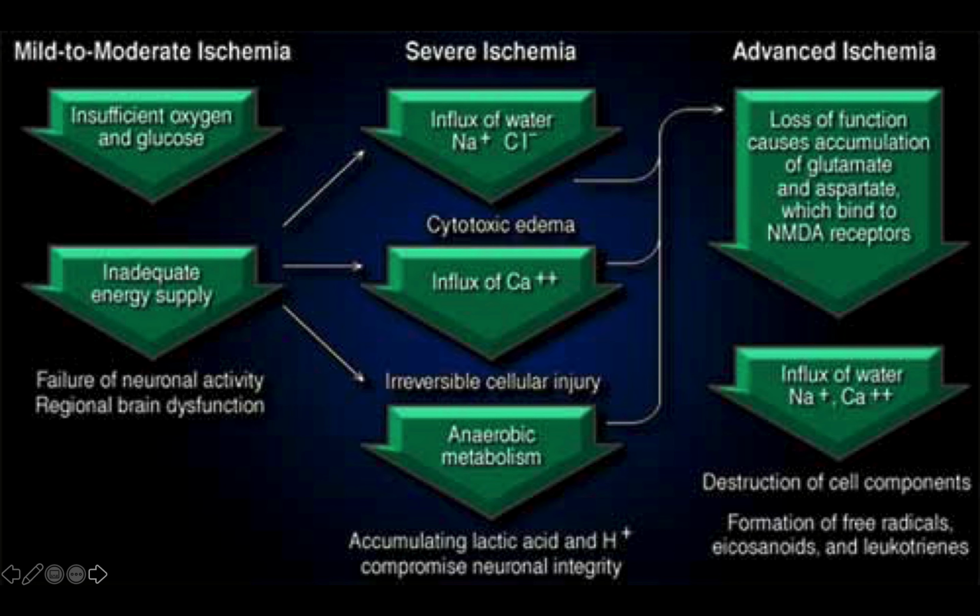The damage to the vessel activates the coagulation cascade that can lead to thrombin production, causing cell necrosis. Thrombin converts fibrinogen into fibrin, which can lead to clot formation as fibrin molecules, platelets, and blood cells aggregate. This triggers inadequate energy supplies, failure of neural activity, and regional brain dysfunction. A CVA stroke